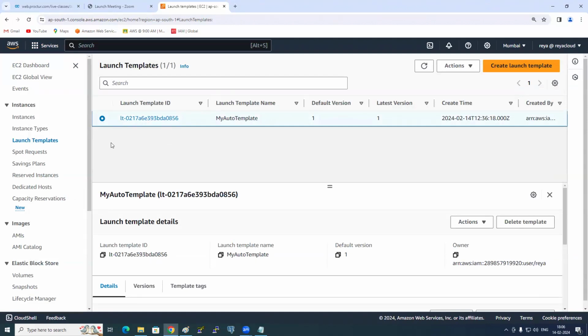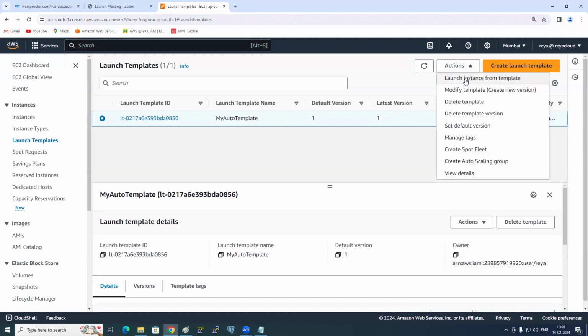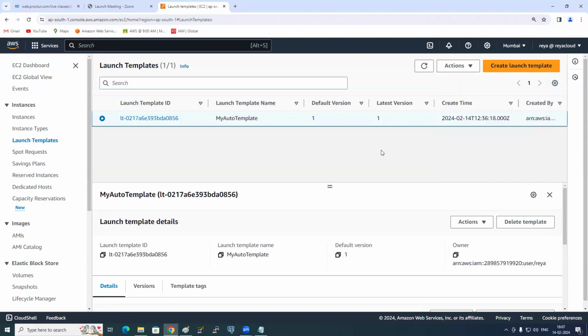The answer is no. Once you create a launch template, you cannot edit it. You can create a version out of it. Do you see? If you go to actions, can you launch an EC2 instance from this template? Do you see here, modify template? Modify template is nothing but edit, but you will not be able to edit the existing one. You need to create a new version or create a new template completely. Understood? Please write down, that's a certification question. Please write it down in your book: launch templates cannot be edited.